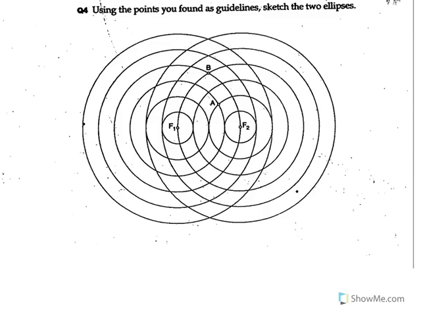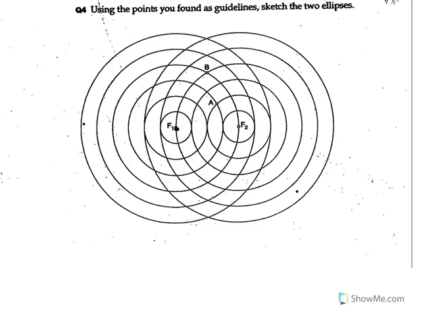Because of the two-focus definition of the ellipse, we're actually able to create ellipses with graph paper that looks like this. Here I've got F1 and F2, these 2 points, and then I've got a bunch of concentric circles around them. So if I look here at this point that they have labeled A,